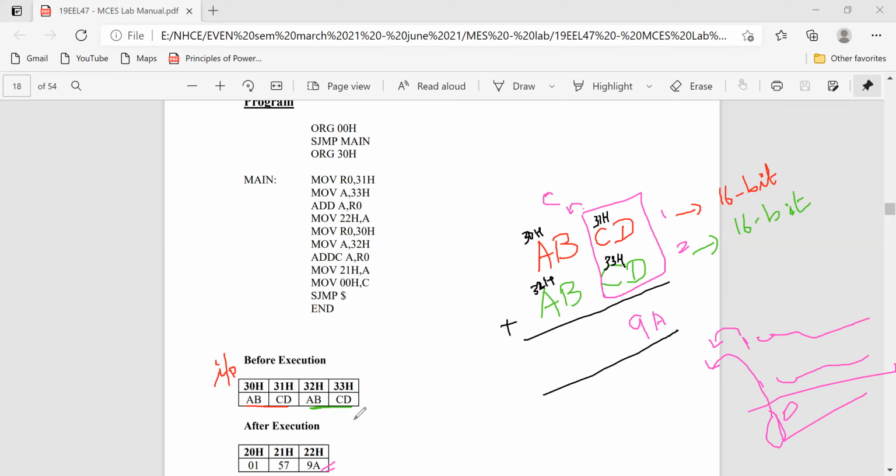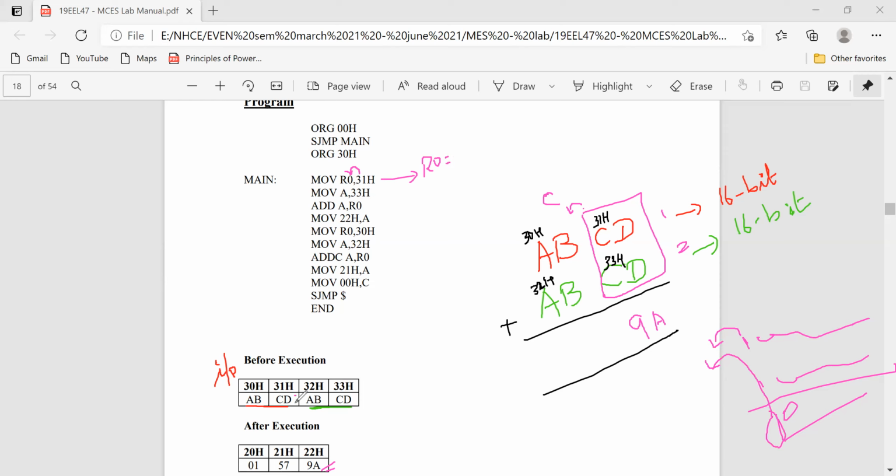Let us take this CD, which is in locations 31H and 33H. I'm moving the data from 31H to register R0. Now what data will R0 have?